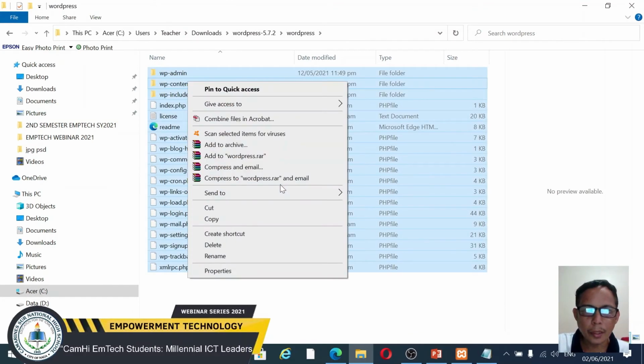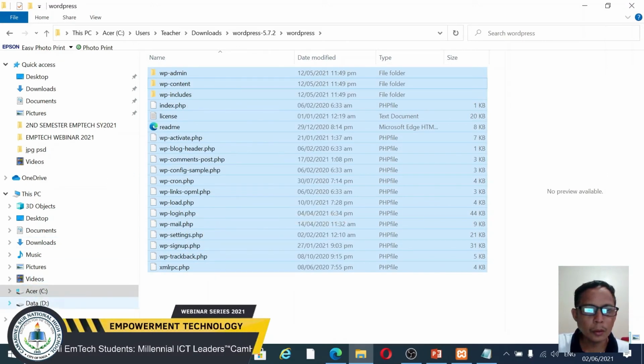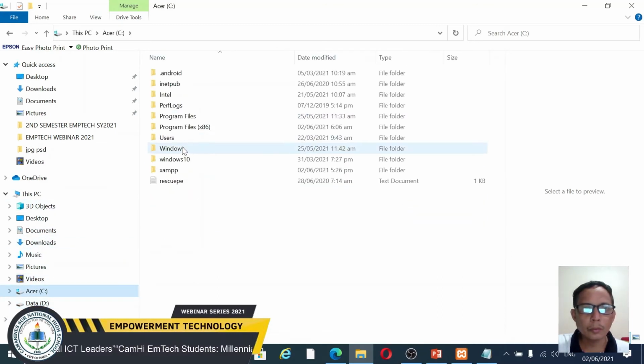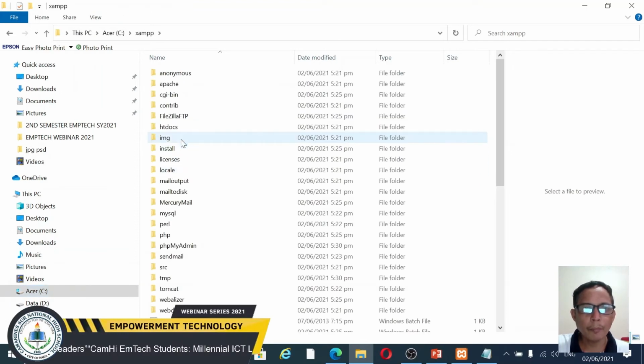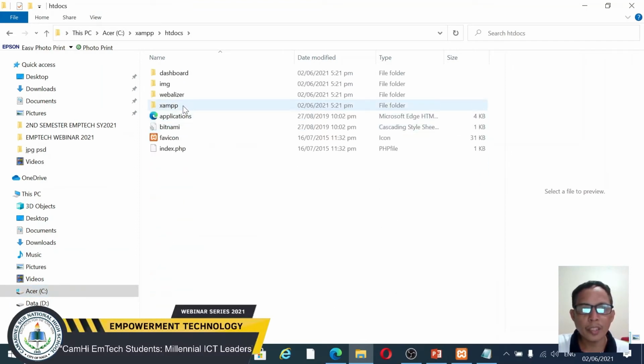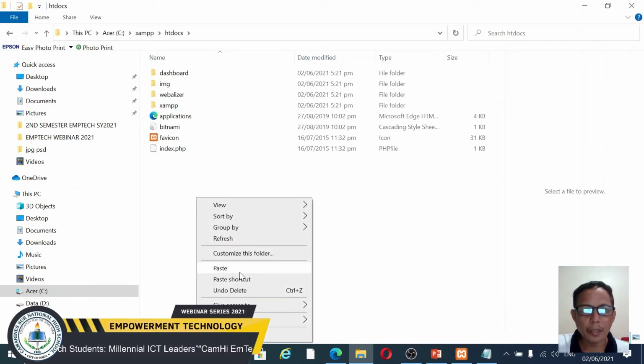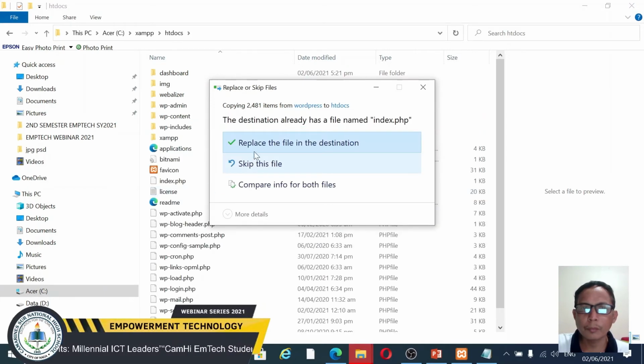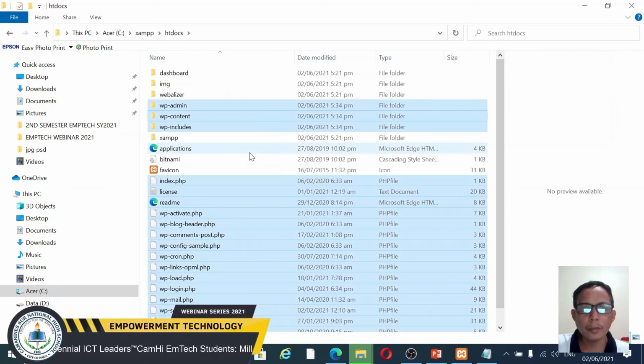We will copy this to the XAMPP folder. Look for the htdocs folder and paste it. Okay, replace.